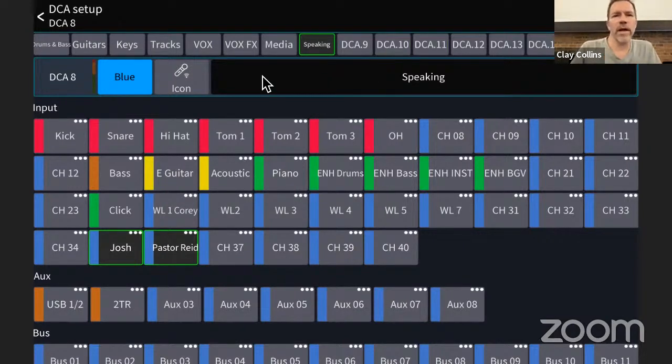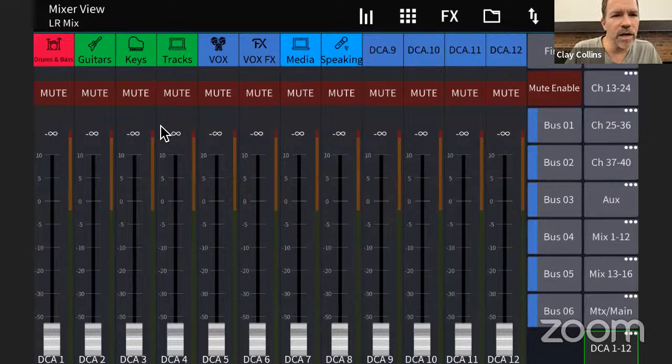We don't go on. I don't really like more than 8 DCAs. It kind of defeats the purpose of a DCA. But those are the first 8 DCAs. And those are done. And if I go back out, now we actually see our 8 DCAs. And now that we've done that, we should probably now actually really,